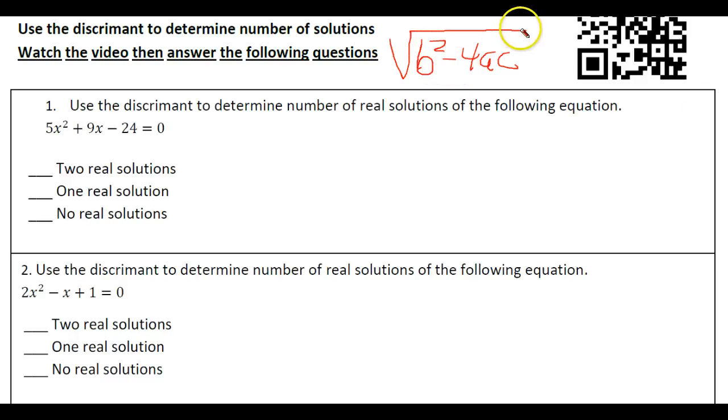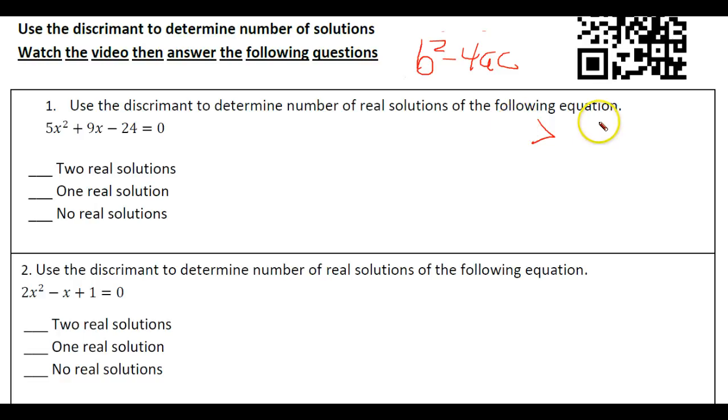So we'll take that off. Now, since in front of this there is a plus or minus, if the discriminant is greater than 0,